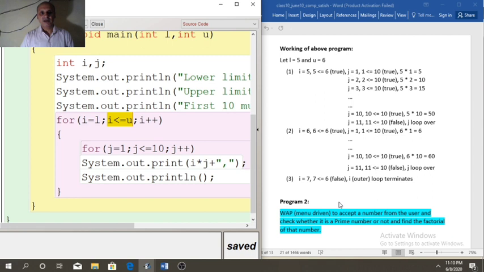So first time when i is 5, 5 is less than or equal to 6. That is true. Here you can see. When it is true, it will go to the body of inner loop. Sorry, body of outer loop here. When it goes inside, now the inner loop will start. This inner loop will run 10 times from 1 to 10. For that I have designed